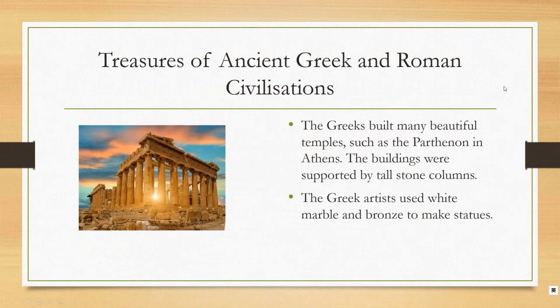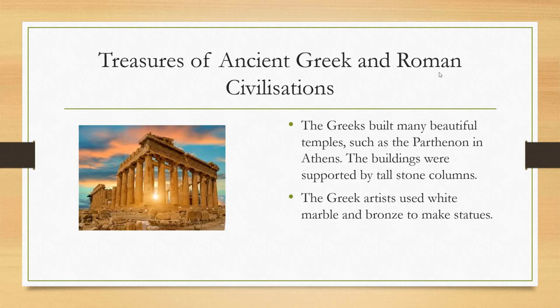In the last video, we mainly looked at the ancient Greek and Roman achievements in the area of mathematics and science, religion and philosophy, and even sports, so on and so forth. Now, in this video, we will turn our focus to the ancient Greek and Roman achievements in the areas of architecture and art, as well as politics.